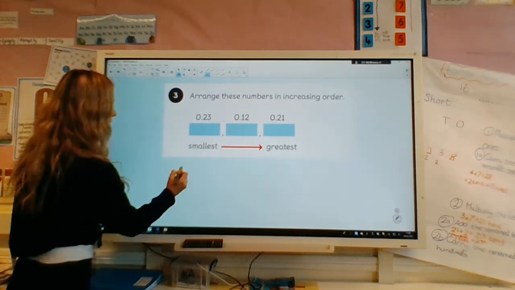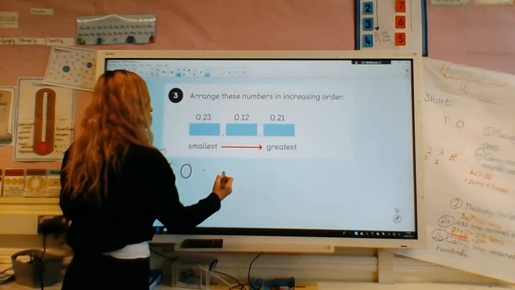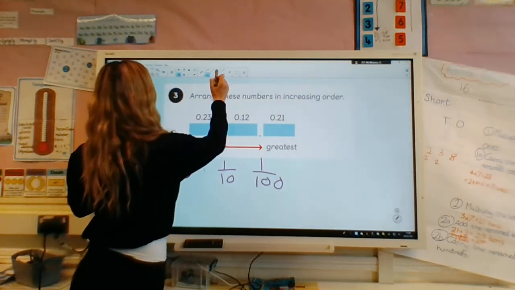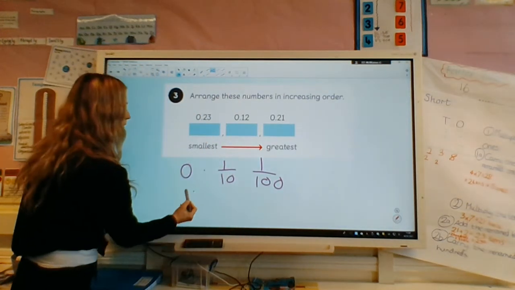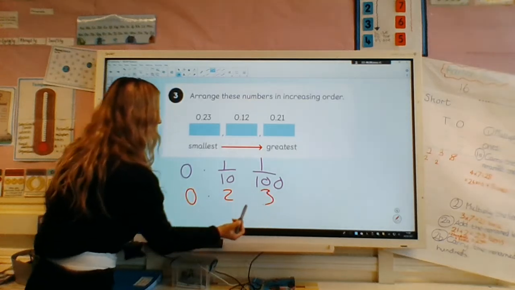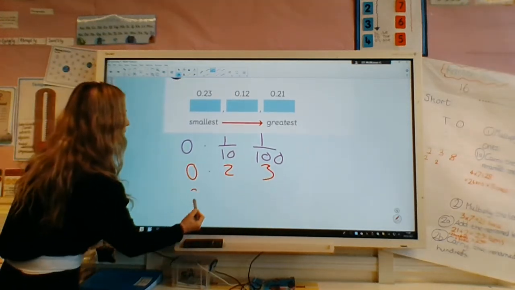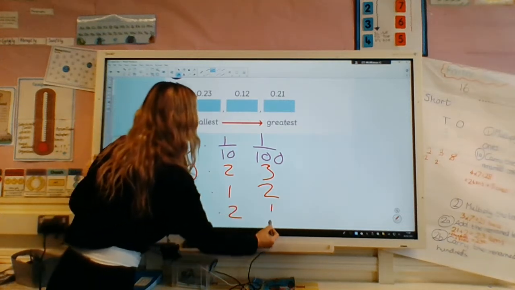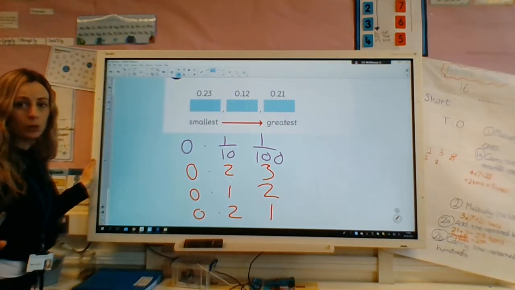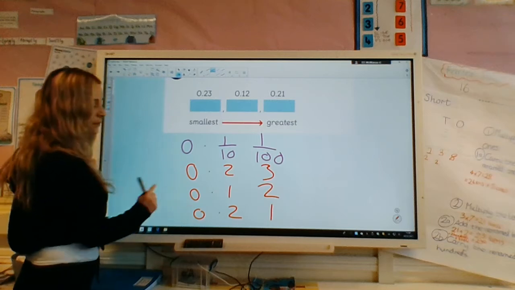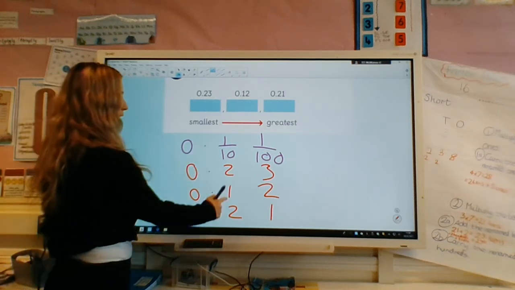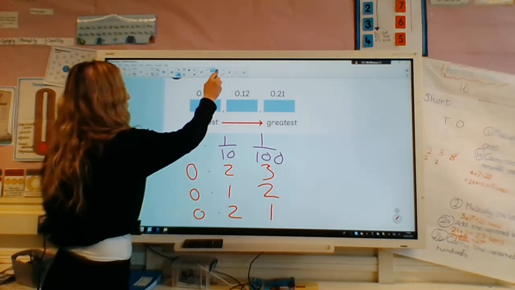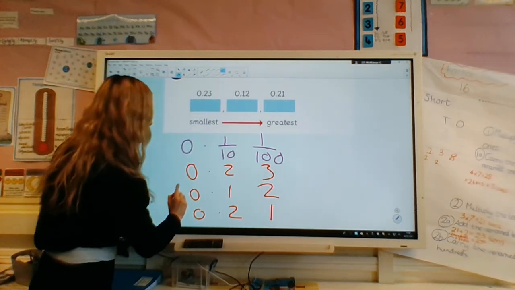I have 3 numbers. Again, what I will do is I put my place values on a piece of paper. You can do it on the sheet. I've got 0.23, I've got 0.12, and I've got 0.21. I'm looking for the smallest number first. All of them have got 0 in the ones. Now I'm going to look in the tenths. I've got a 2, a 1, and a 2. Well, 1 is smallest, so